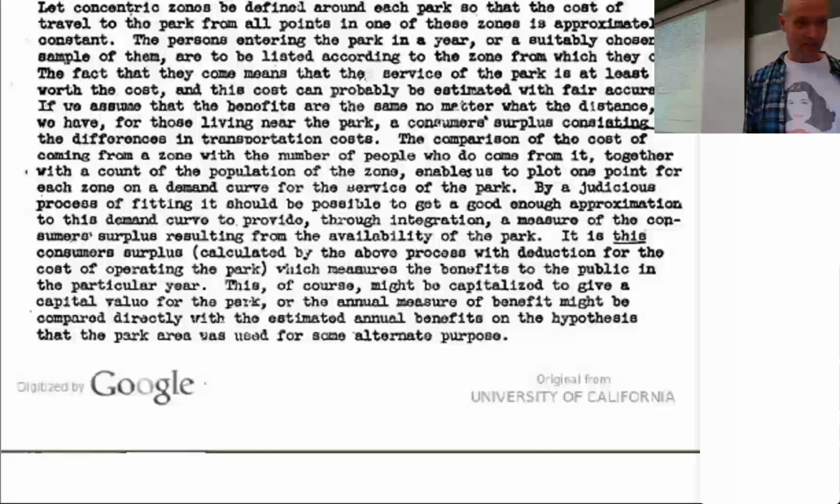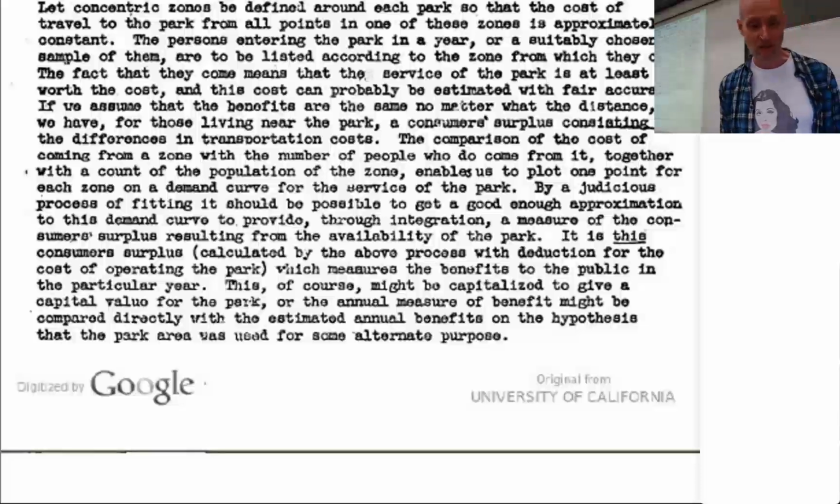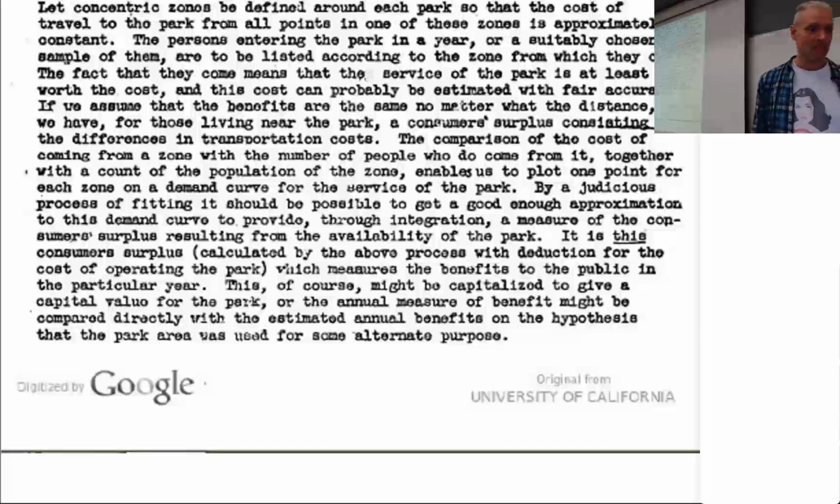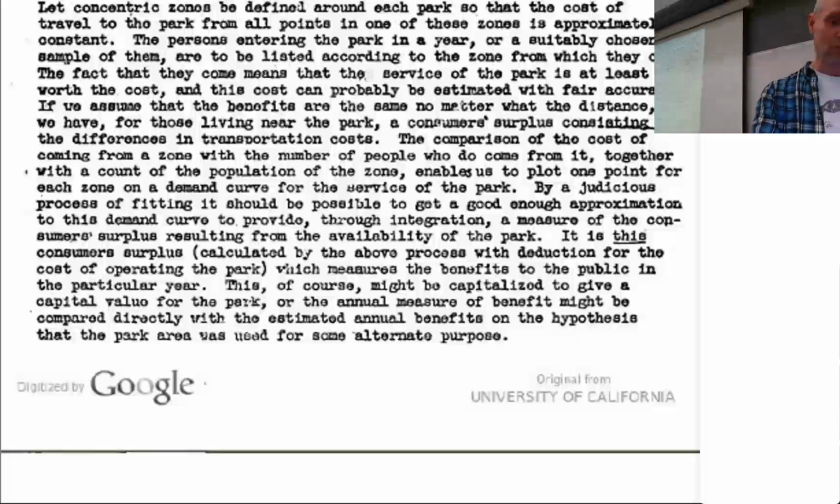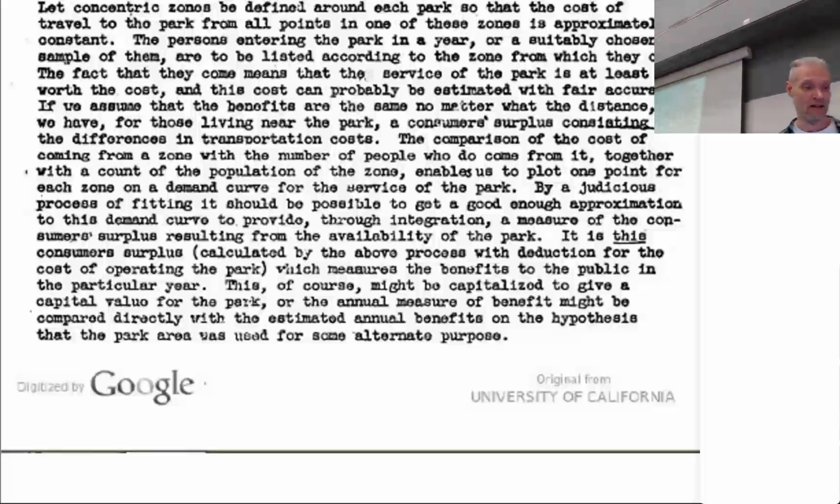The comparison of the cost of coming from a zone with the number of people who do come from it, together with a count of the population of the zone, enables us to plot one point for each zone on the demand curve for the services of the park. By a judicious process of fitting it, it should be possible to get a good enough approximation to this demand curve to provide, through integration, a measure of the consumer surplus resulting from the availability of the park. It is this consumer surplus, calculated by the above process, which measures the benefits to the public in that particular year. This is the zonal